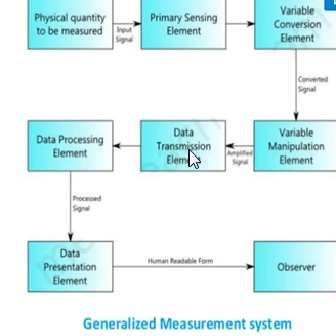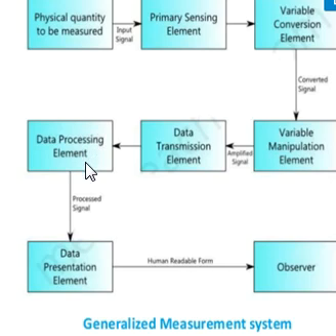Then the transmitted data can be provided to the data processing element. The data processing element will modify the signals, or it can record the signal. Data processing is not necessary in every instrument. It is a kind of optional element. Nowadays in modern instruments that element is there, but in the case of a thermometer or simple pressure gauges, the data processing element is not necessary.